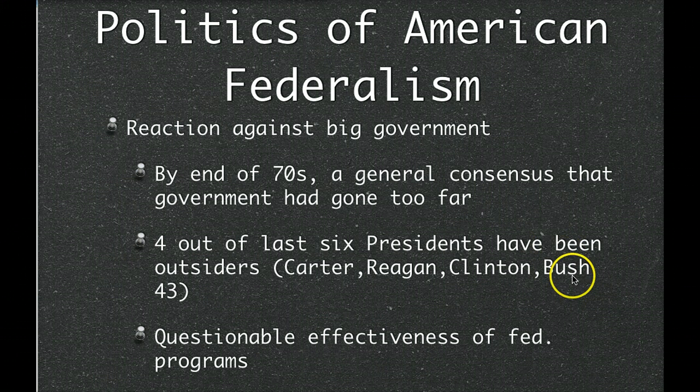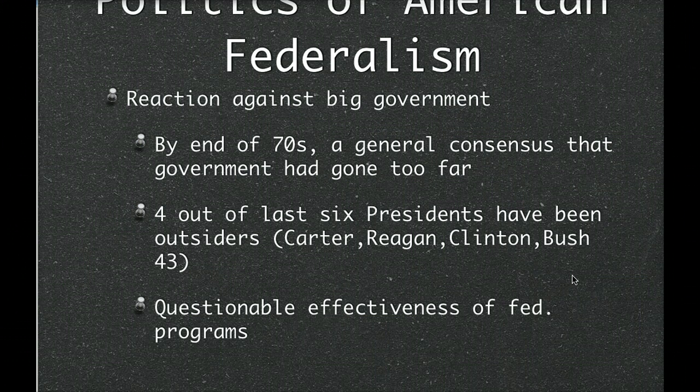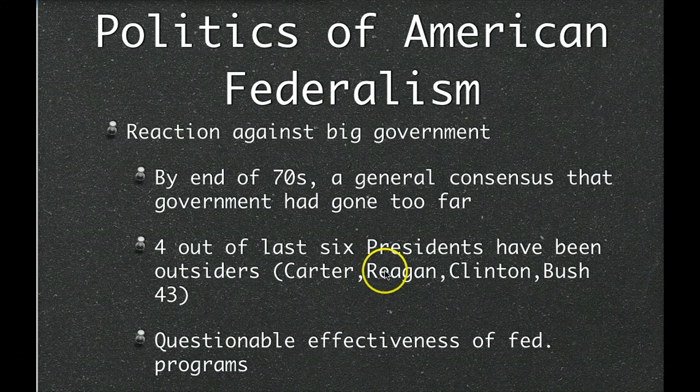And there's been a lot of reaction and a lot of questioning about the effectiveness of federal programs. They're just not very good in many cases. So for instance, Head Start. Even the government's own studies say that for the vast number of people, Head Start doesn't work. In fact, except for a very, very small group of children, the effects of Head Start are gone by the 3rd grade. And yet, we keep funding it on a yearly basis.